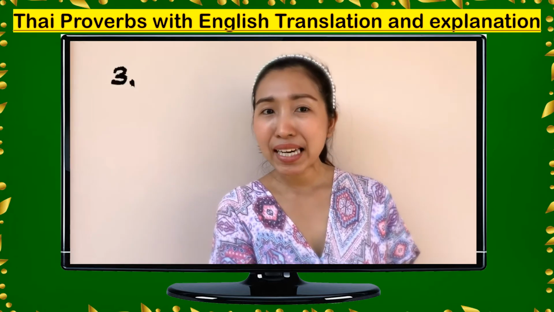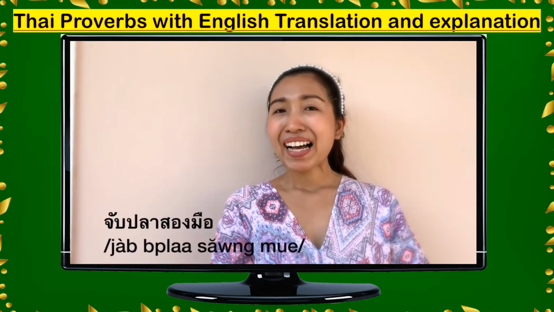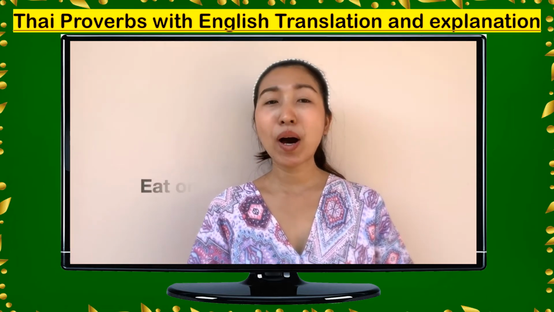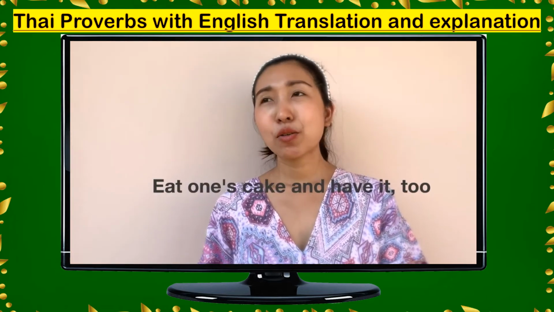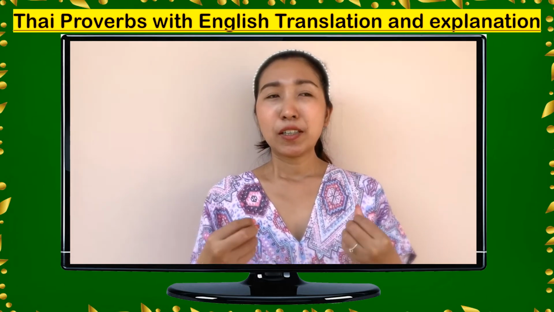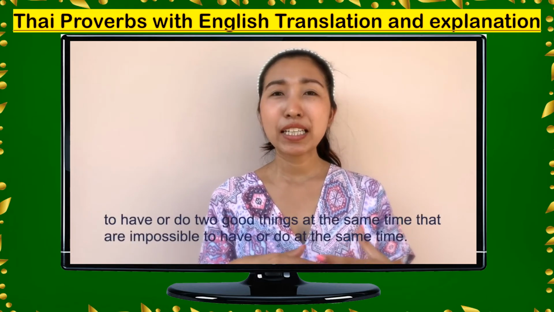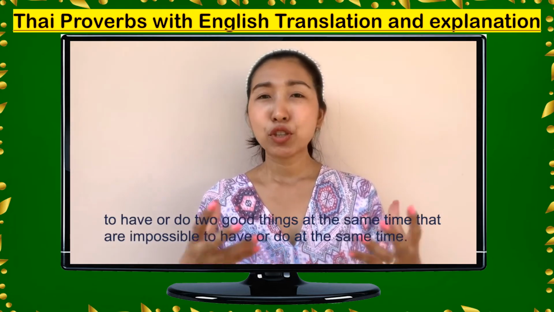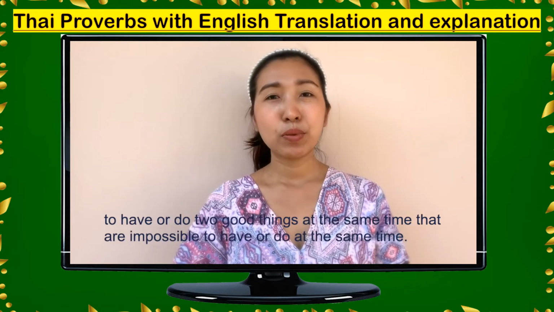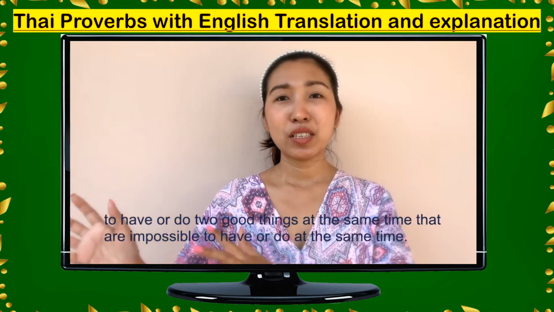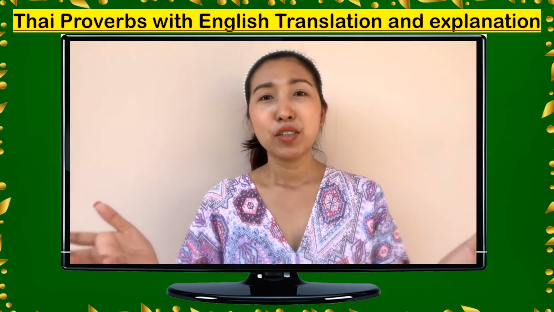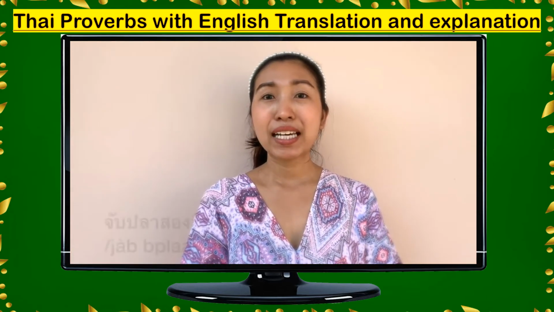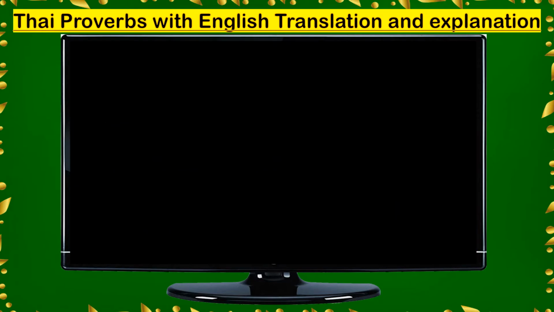And number 3 is จับปลา2 มือ. So in English it is to eat one cake and a half is two. So basically when you want to do this, usually we explain it when you want to have two things at the same time. Could be when you date someone, like you have two girls at the same time or two guys at the same time. So we can say จับปลา2 มือ